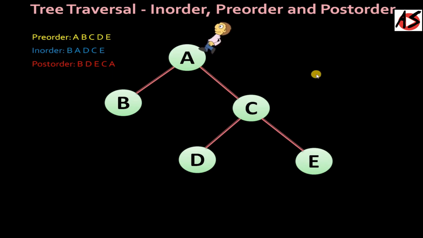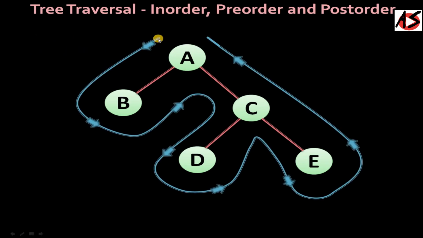So we have a tour here, and the tour is started from the left side of the root node, and then we are moving along the tree as the arrows indicate. We'll never cross the edges, moving around, and we will reach the right side of the root node. From this tour, you will find the correct in order, pre-order and post-order traversal.